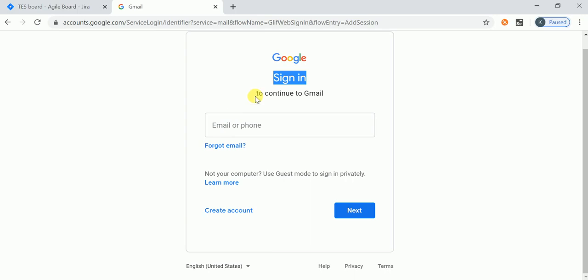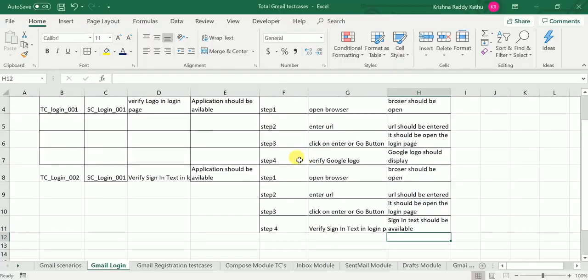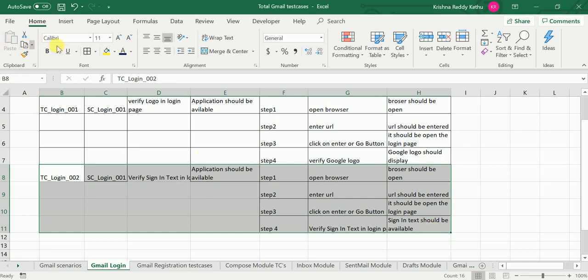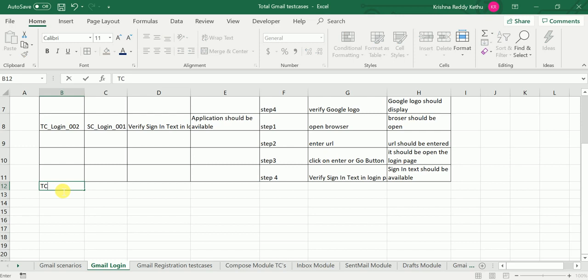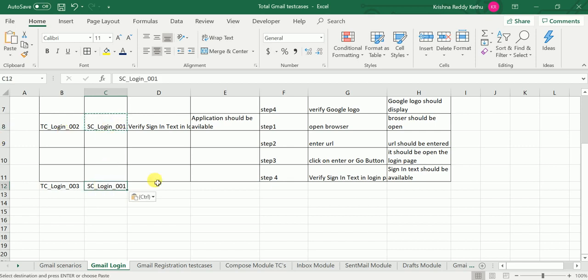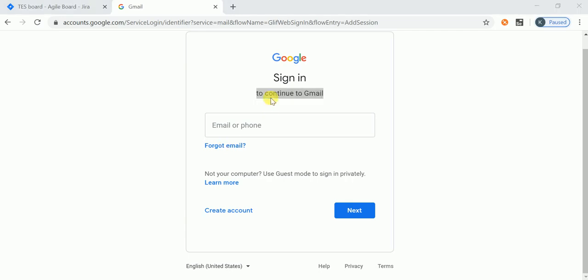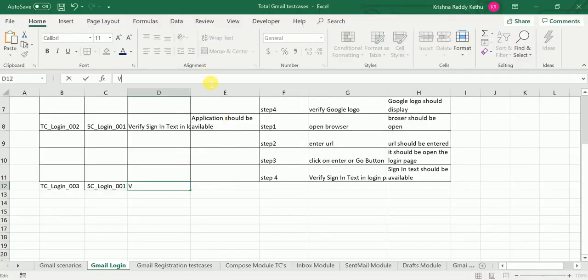Next, third test case, to continue to Gmail text needs to be available. So how are we going to do that? Third test case. What is my test case ID? TC underscore login underscore 003. This is my scenario. What text do we need to verify? To continue to Gmail text we need to verify. Verify to continue to Gmail